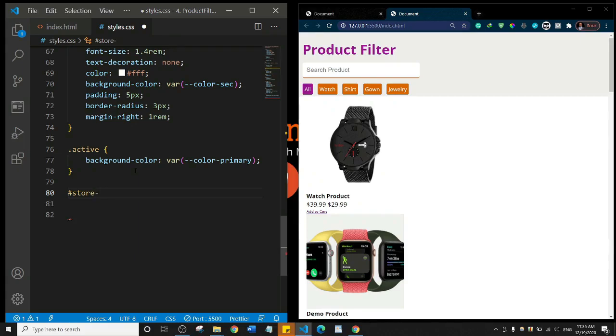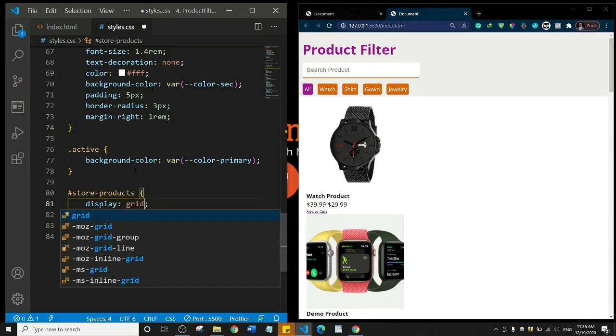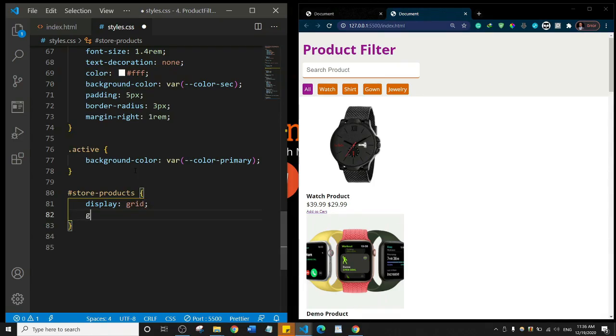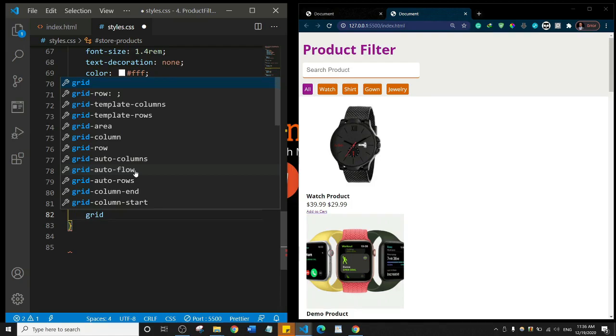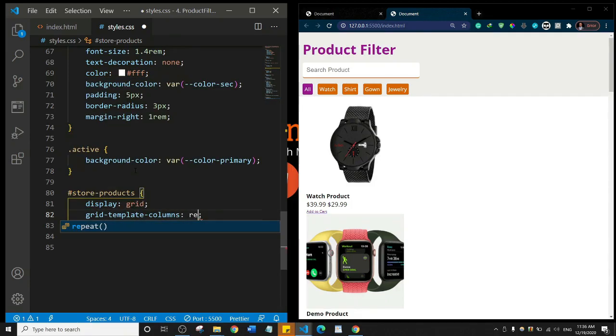So store-product, and I'll say display and set it to grid, and then I'll say grid-template-columns, and let's just do a repeat, and inside of that repeat we're going to say auto-fit,